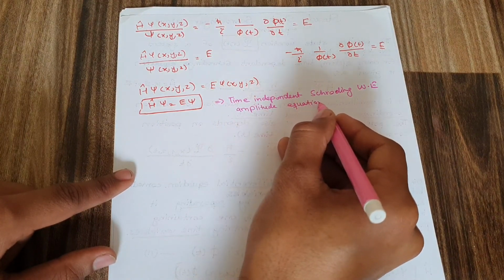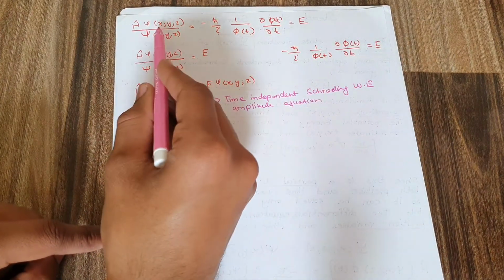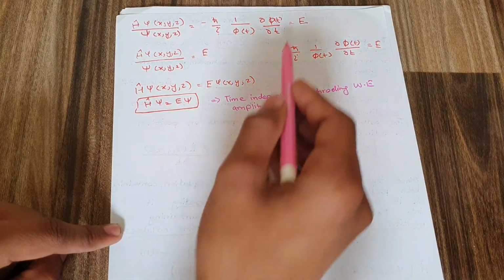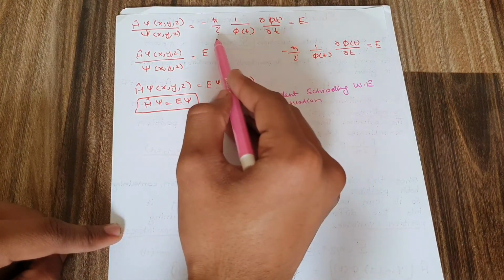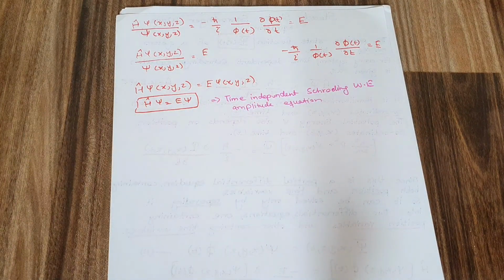Okay, so the next thing that we have is the right hand side of the equation. Since we have taken the left hand side of the equation to be equal to E, and I have just derived the time independent Schrodinger wave equation, now if I take the right hand side of the equation to be equal to E, just like I have taken it here, so taking this equation again, what I am going to do is,